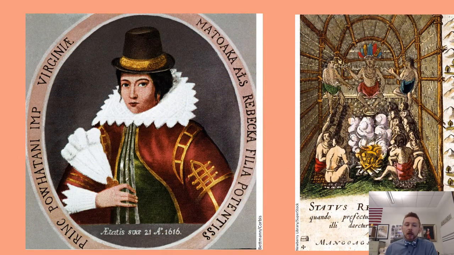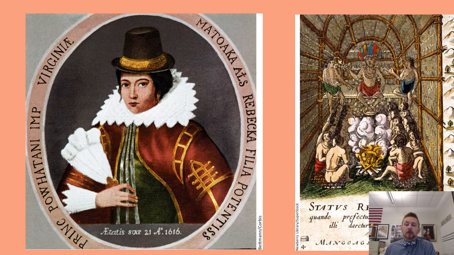Europeans like Pocahontas, who's the most famous, thanks Disney. Matoaka is her name, you can see here. Alias Rebecca was her baptized name. She married John Rolfe, who took her to England where she died. The daughter of the most potent prince, king, leader, Princeps Powhatan, the Imperator Virginii, is what the Latin says. And here is Powhatan himself